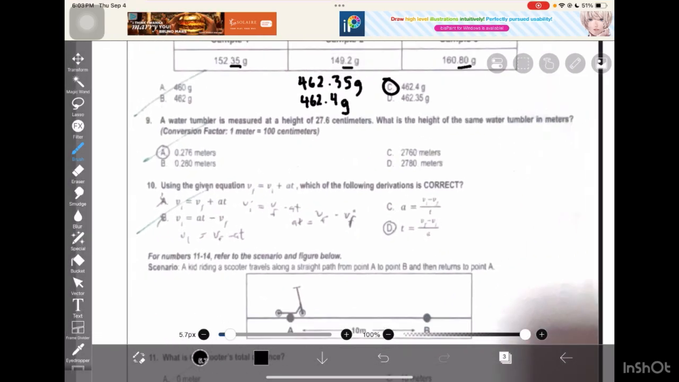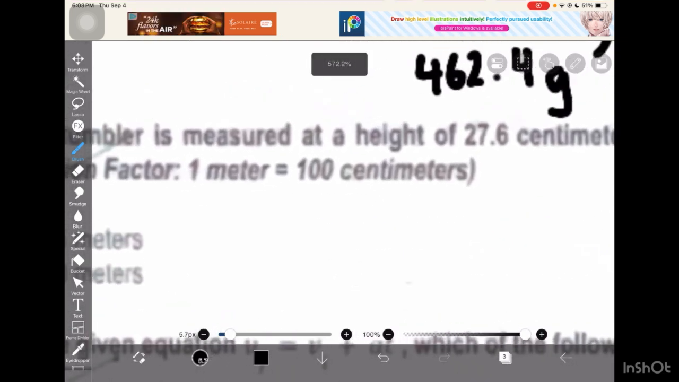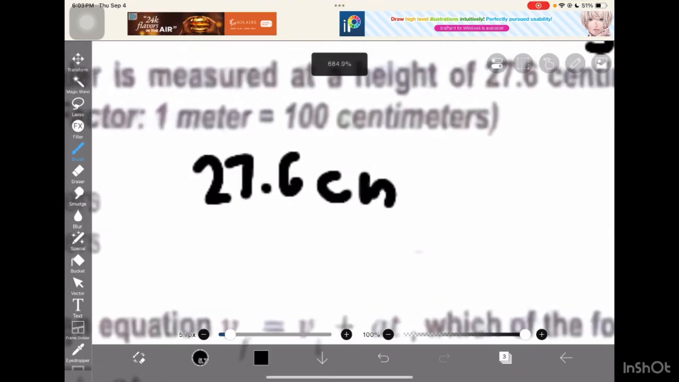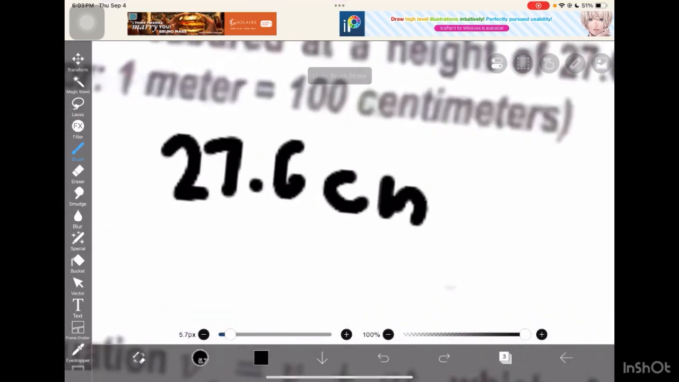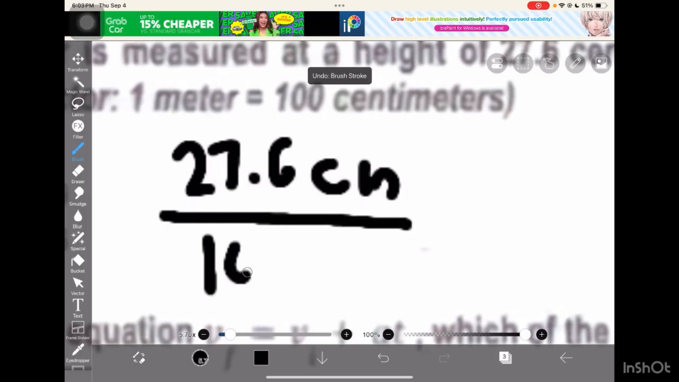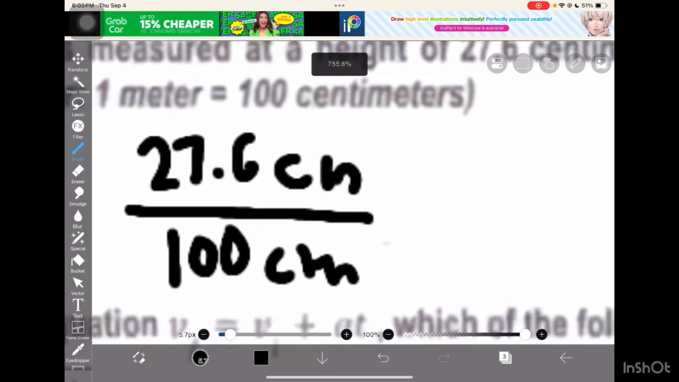A water tumbler is measured at the height of 27.6 centimeters. What is the height of the same water tumbler in meters? So we need to, 1 meter is 100 centimeters. So what we need to do is to put 27.6 cm on top. Then since we have the conversion factor, 100 centimeters, we can divide it by 100 centimeters. This is equal to